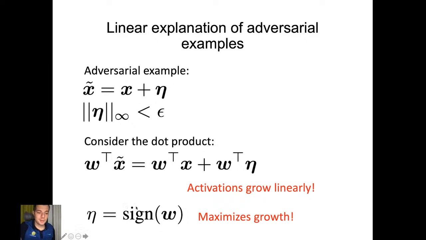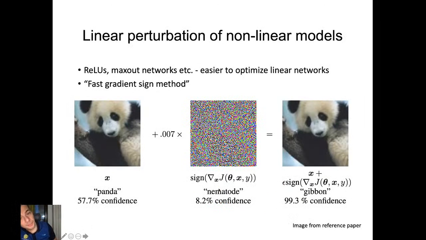Of course, this is done while still bounding the noise, so the norm has to be lower than this epsilon. So we divide the sign by the norm. The idea is to add these linear perturbations. This works in the same way: you update the input and you keep the model fixed.